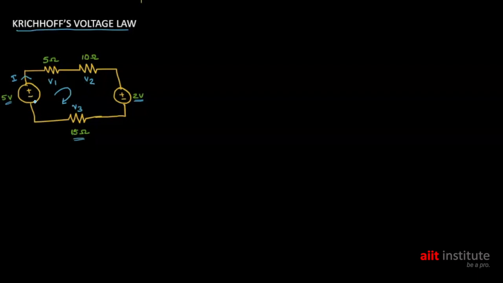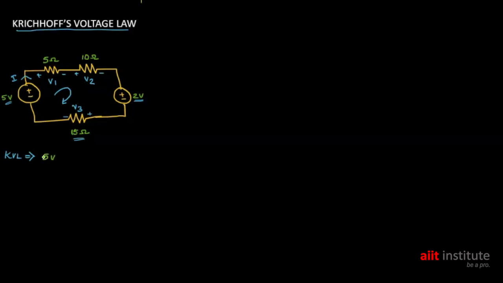So the current flowing through the entire circuit will be the same. According to KVL, the algebraic sum of all the voltages is equal to 0. Let's consider this is positive and this is negative, this is positive, negative, and this will become positive and negative. So by applying KVL, we can write the sum of voltage in the closed loop is